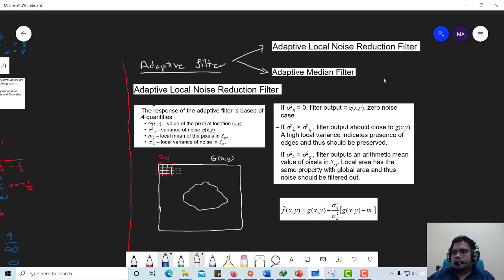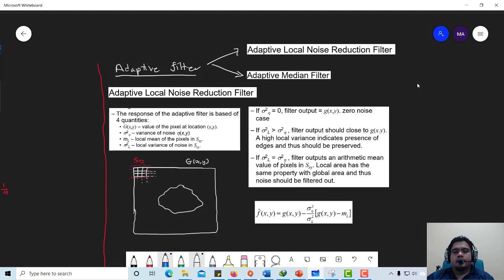Okay, this is the last filter, which is called the additive filter. In the additive filter, it has been divided into two: the additive local noise reduction filter, and another one, the additive median filter. And actually, additive local noise reduction